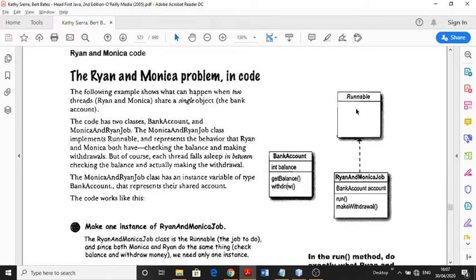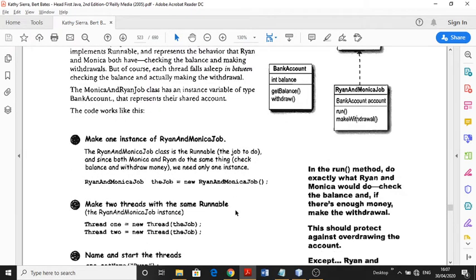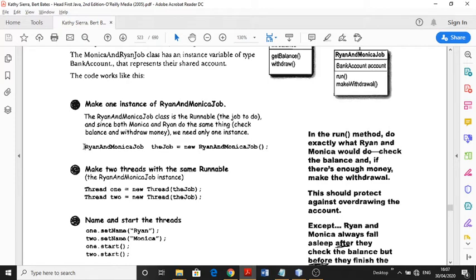Since this class implements the Runnable interface, we must implement the run method. And here the method is make withdrawal, which withdraws the money. So how will we implement this? Simple. We create an object of the Ryan and Monica job.